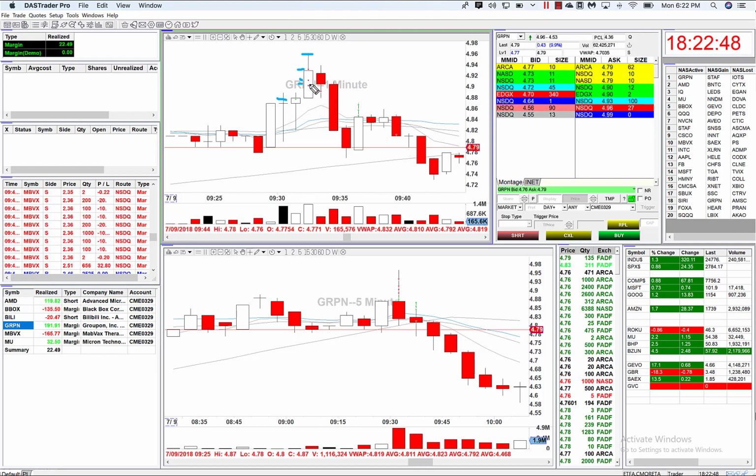Then a few minutes later, the stock did drop below the VWAP, and then it kind of did this engulfing pattern. Now I have traded this before on mid float stocks and large float stocks, and this is actually, I think, a large float stock or mid. I'm not sure right now, but it has worked in the past very well. It has been very profitable for me, and the probability of this testing the high of the day is pretty high, at least from my experience. So I went long as soon as it cracked the VWAP,